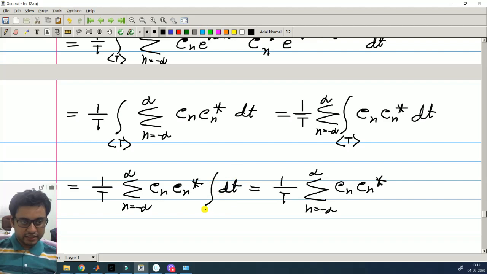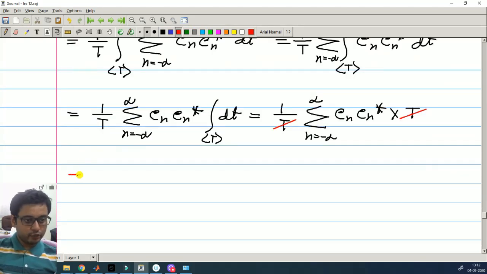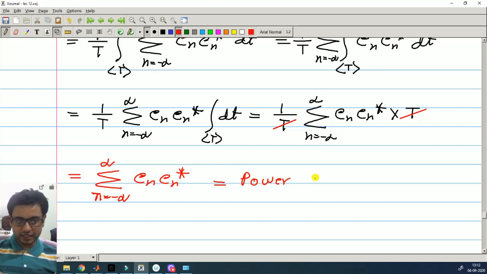And this integration of dt over a cycle will give T. So cancel these two T's, and finally we have sum over Cn star from n equal to minus infinity to plus infinity. This is the average power over a cycle of x t,